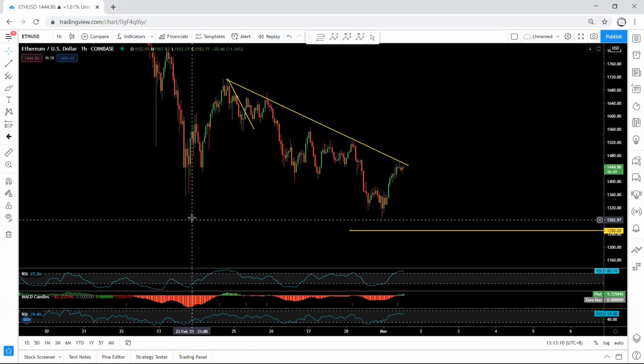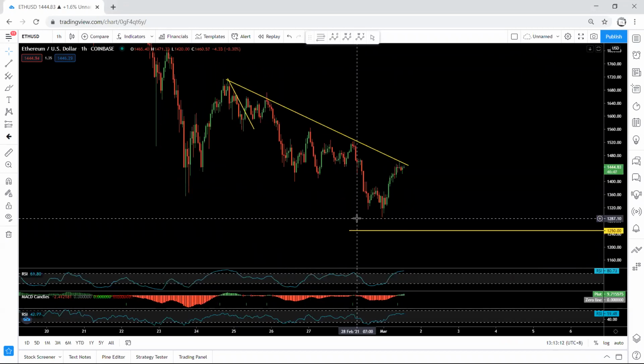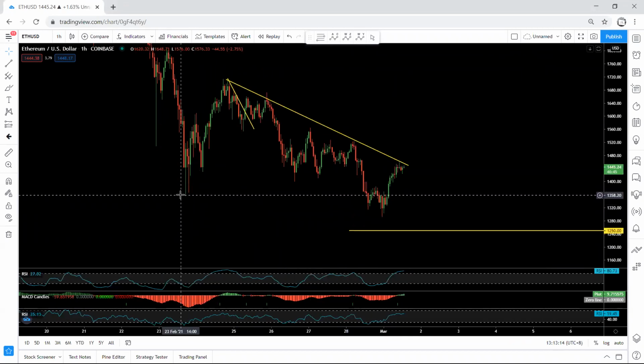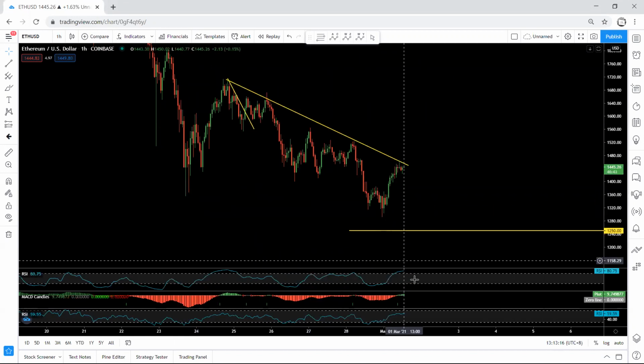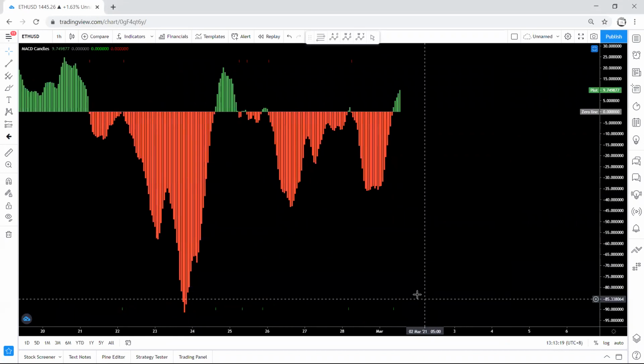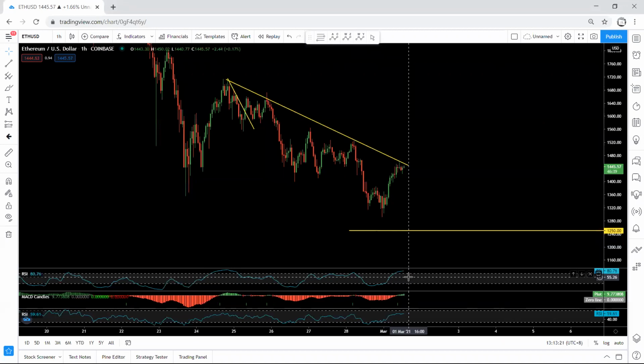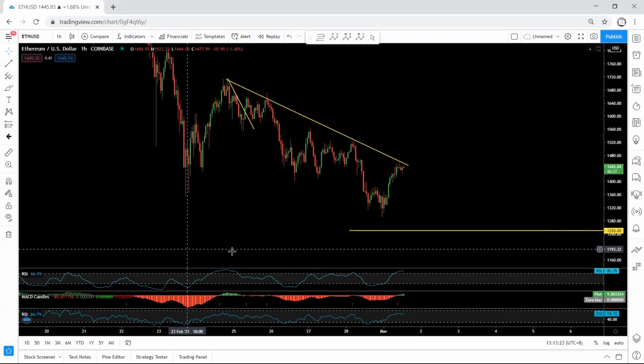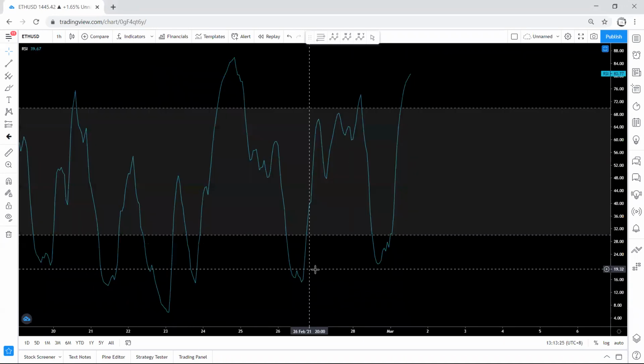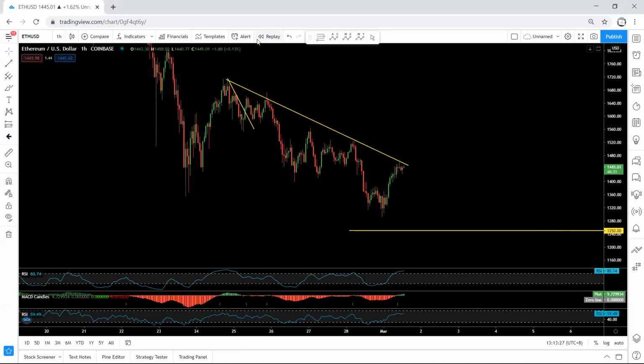Because based on the 4 hour chart, we see we have a divergence, and even based on the 1 hour chart, if we put this one relative to this, we see based on MACD we have a divergence as well here. If we put this one, we see we had a divergence, and especially when we put this one relative to this, we also have a divergence. That's why